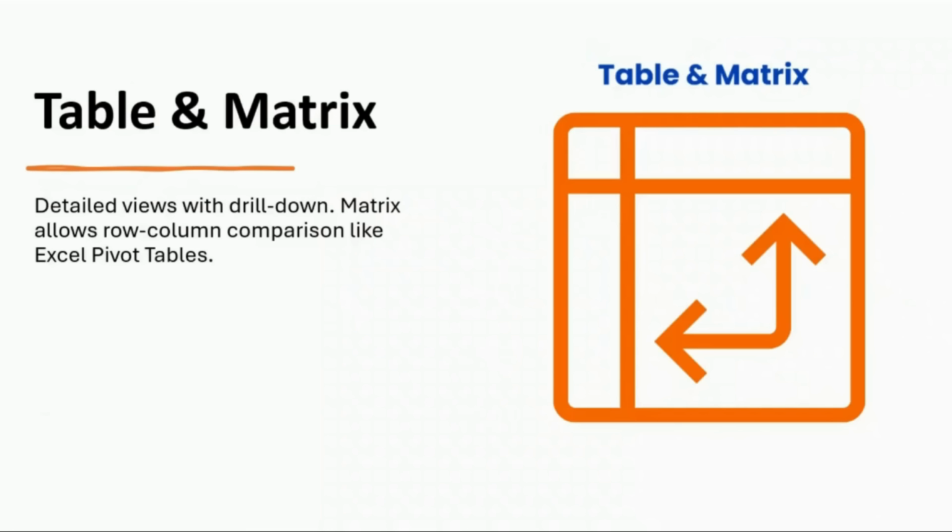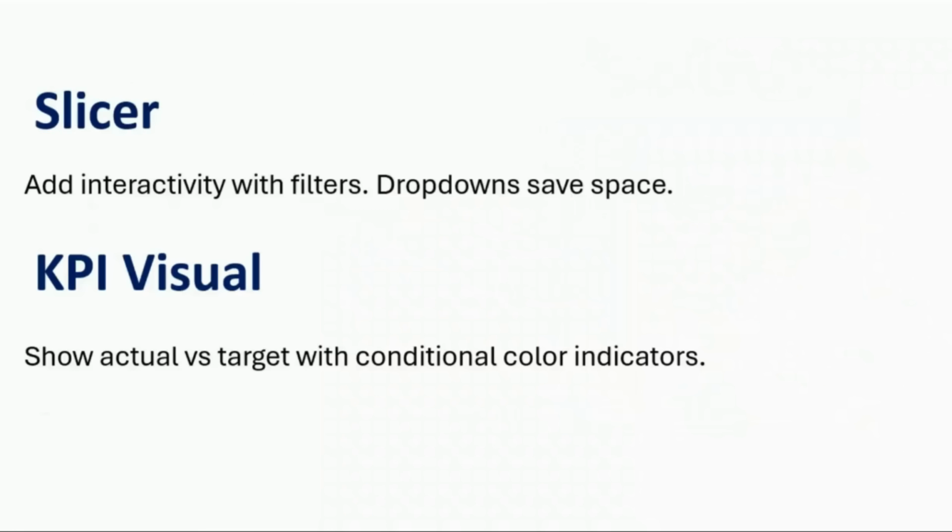The table and matrix, which I spoke about earlier, are in the form of rows and columns. You can analyze and compare the data, and the drill down feature comes in. You can compare the data using this table. Then we have the slicer also added, which you can use for filtration purposes, where the filter activity gets involved. It saves steps and space too. If you want to avoid loading your dashboard or report with too many visuals, you can use the slicer and analyze the data using the filter level.